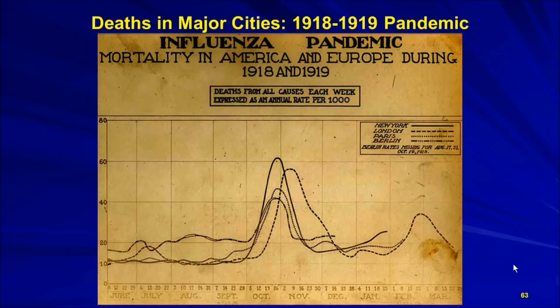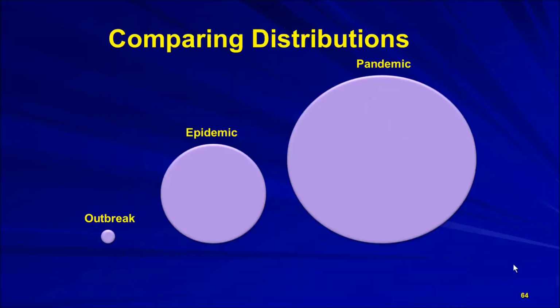And why is it a pandemic? Because it's worldwide. Okay, so this will give you a little visual of the difference between an outbreak and an epidemic and a pandemic, and maybe that will help you to understand each. And then maybe you can go ahead and also label those and use those as a test about what would go in it to help differentiate it, and what are the factors or characteristics that differentiate each of those terms.